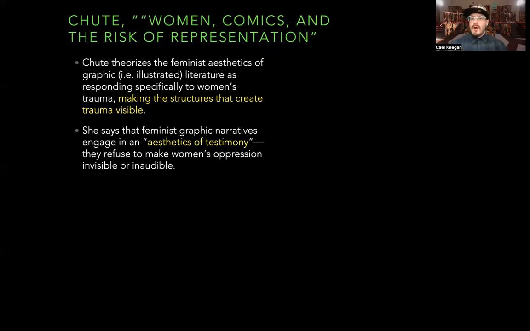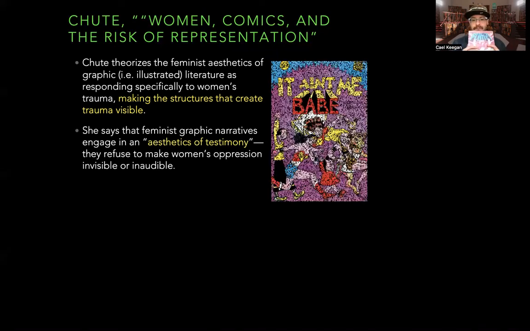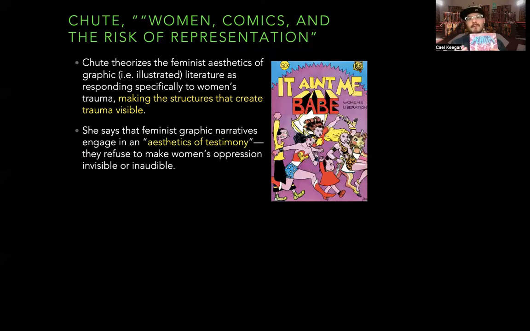Chute says actually what is happening in a feminist comic, and there's a long history of these, is that it wasn't too long after the beginning of second wave feminism that feminists started illustrating comics to change the story of patriarchal narrativity in this form. If you'll notice on the cover of this Women's Lib comic, it collects together all these female characters like Wonder Woman and Olive Oyl and Nancy that had been separated from one another in different narratives. What would it mean to get them all together in one comic? Kind of like a feminist dream team. What could they achieve together?